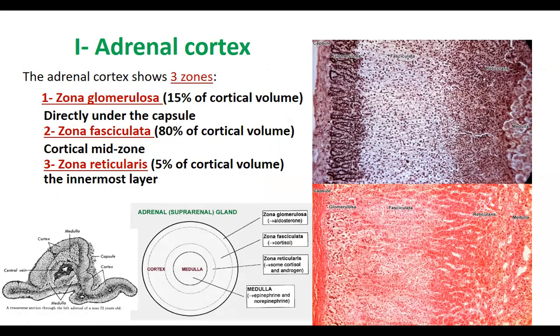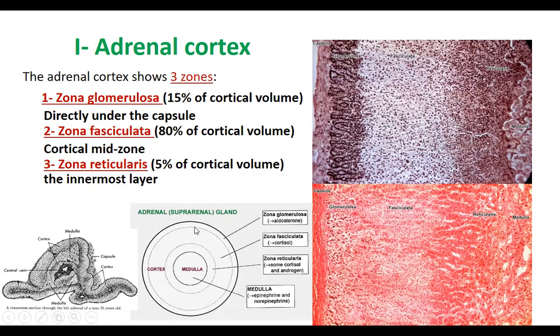Now coming into much more detail, you might have studied the histology. Some details will be given here, which are anatomically important. We'll not go into the detailed histology, but we'll discuss just the basic anatomy here. So coming to the adult cortex, that is the adrenal cortex, which is now formed into three zones or three layers, called the zona glomerulosa, zona fasciculata, and zona reticularis. There are three layers from outside to inside.